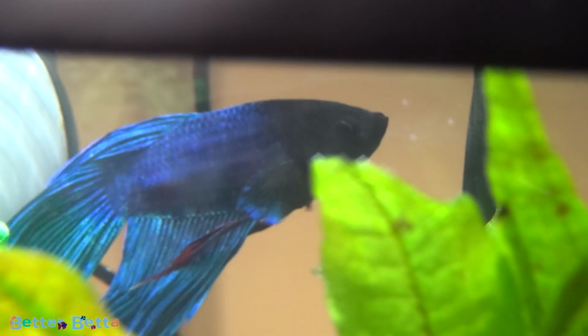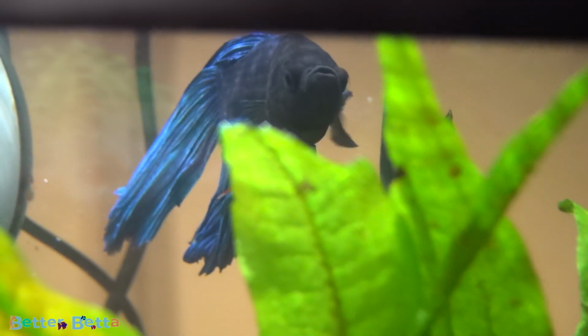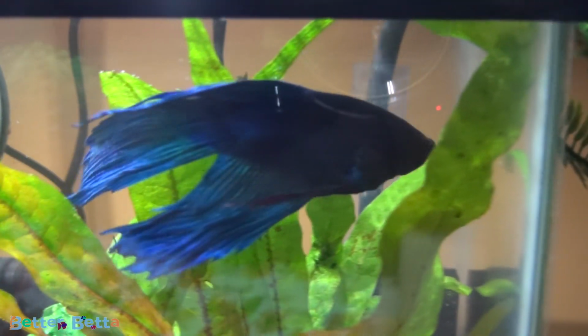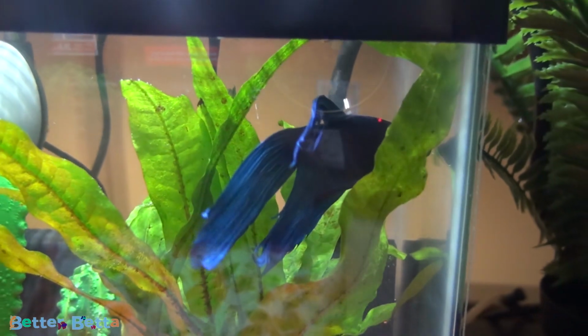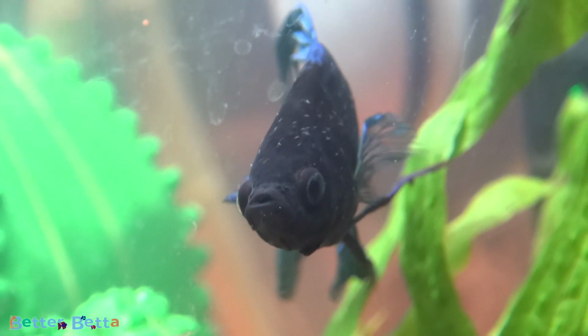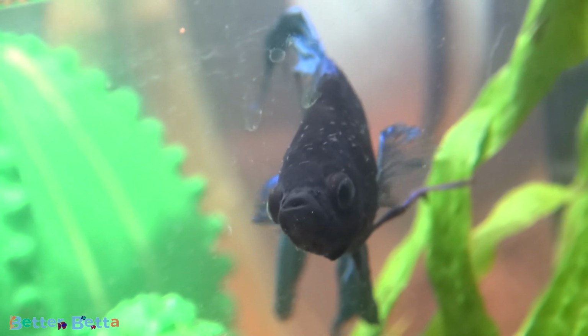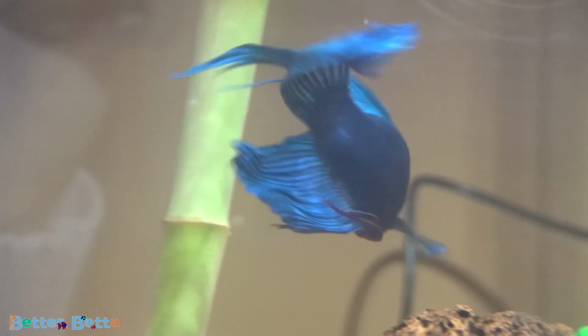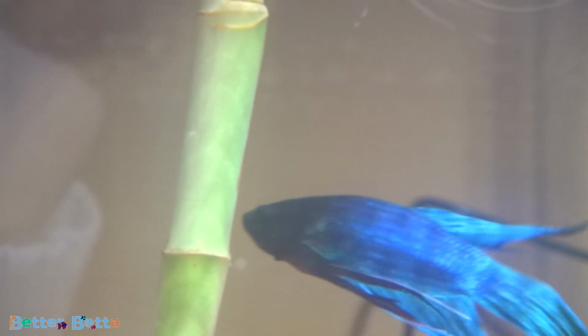Now he has probably been the most complicated and problematic fish that I have ever had, and I'm pretty lucky that most of my fish don't really have problems. When I first picked him up, I thought that I got a perfectly healthy Betta, but the next day I noticed that he was covered in these little worm things, and within about an hour or two of me noticing it, he was flashing, which is when he rubs along ornaments almost as if he's very itchy,